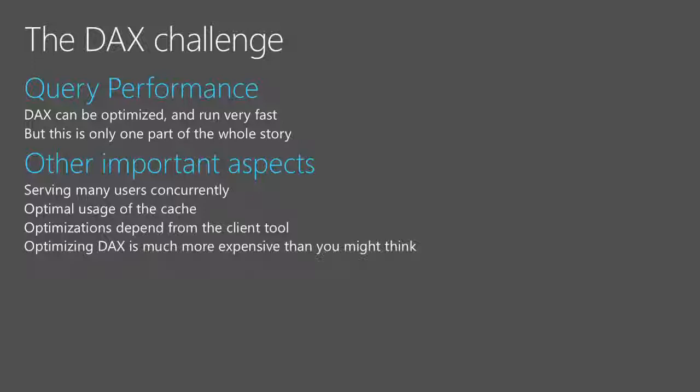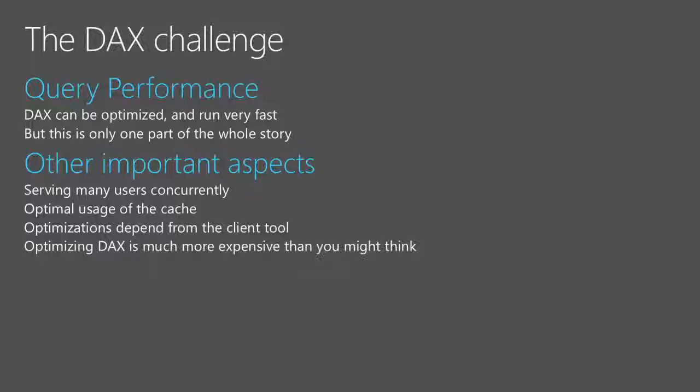What does it mean? The way you write your DAX measures, the way you write your DAX query strongly affects performance. You may obtain the same result in 5 different ways, but the performance is different. And so you still have an impact in the way you design DAX, which means that usually the only way you have to optimize a model is to optimize the DAX code. It could be a challenge. It could be not easy. You have to learn how the engine works and how to read the query plan, how to read the information that the engine can provide you.